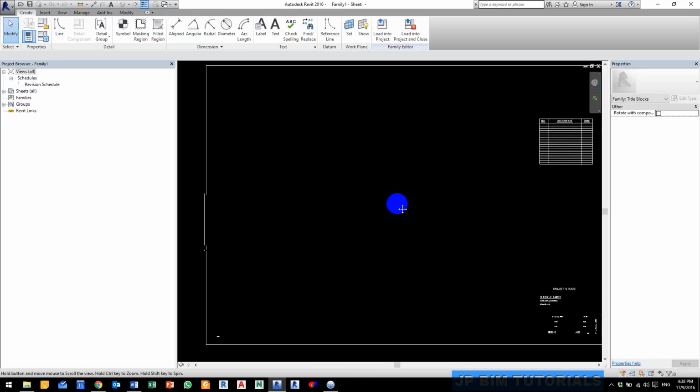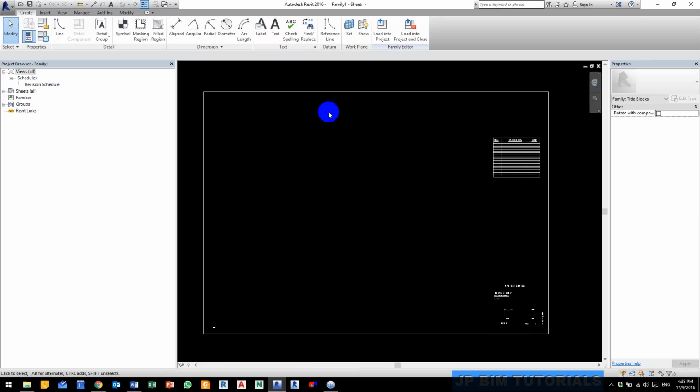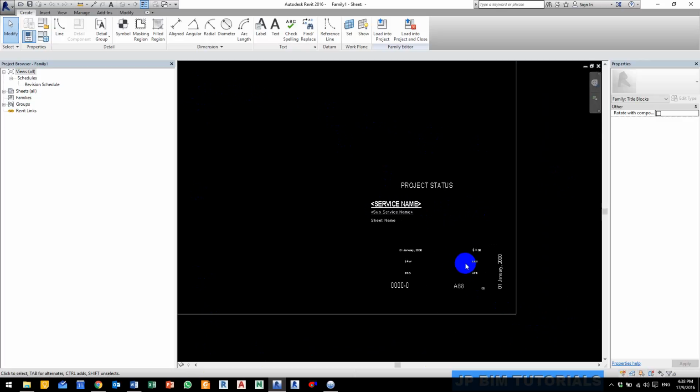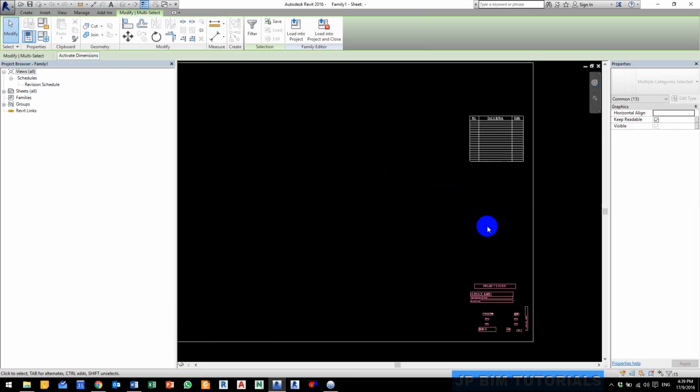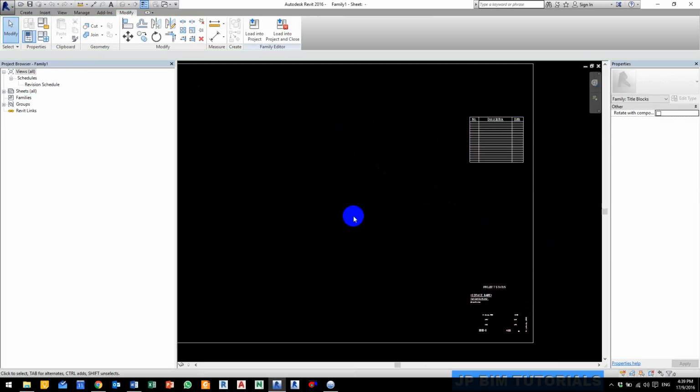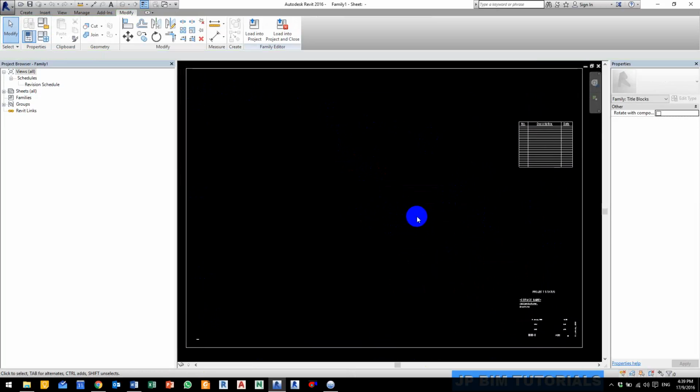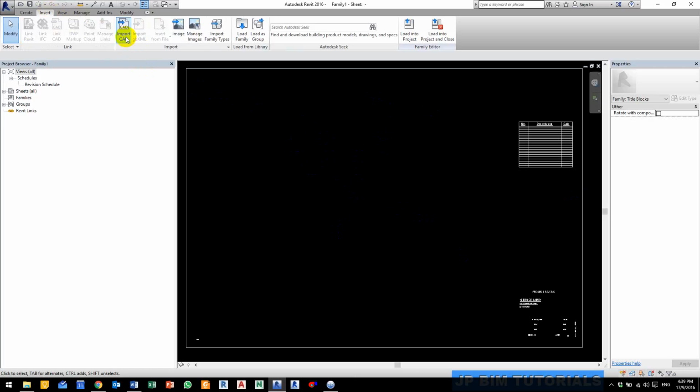Once you have done so, you can see the frame of the A1 title block, which is sized to A1 with certain parameters placed here and to the top right. So the next thing you're going to do is import a CAD title block as the background of it. To do that, go to Insert, Import CAD,